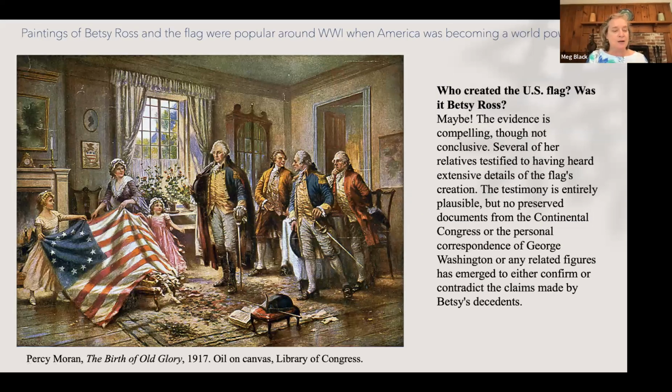So these are just a few of the many images of the flag in American art. So we start out with a very Currier and Ives type of image of Betsy Ross showing the first American flag to George Washington, who has just happened by her Philadelphia home with some of his followers here. And they seem to be very approving of the flag. And we see that Washington has put down his sword, or no, actually, this is a musical instrument that has been put aside. The music has been halted for just a little time while Washington has entered her home. Well, a very lovely home, by the way. She's doing pretty well for herself.